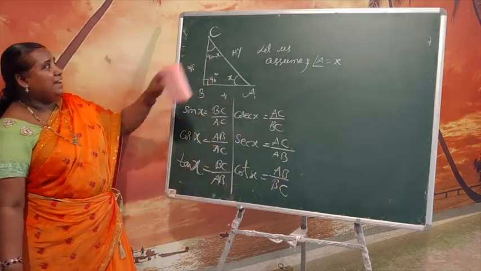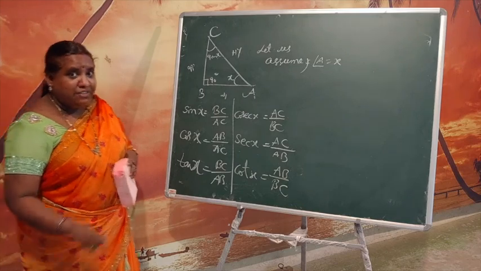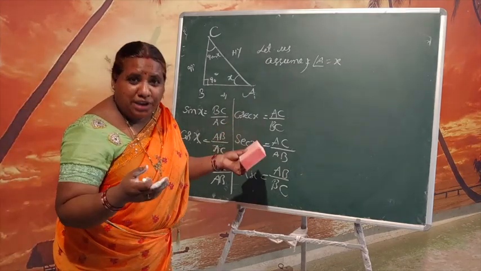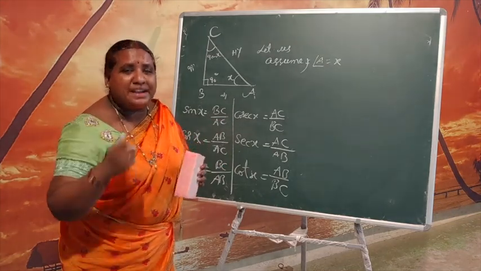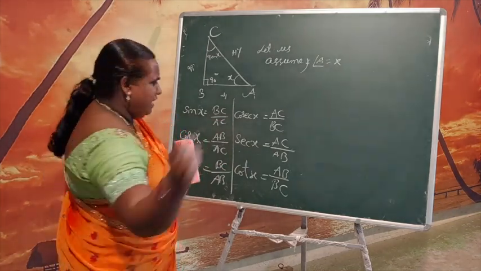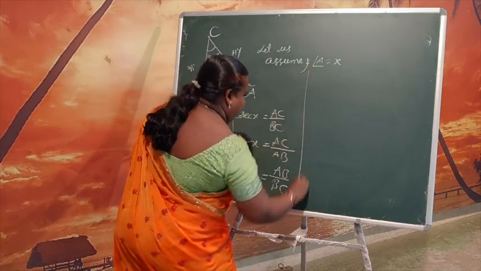Now what about 90 minus x? Shall we find out those also? Why am I doing all this, you know? We are going to draw some conclusions. What are the complementary angles of the trigonometric ratio? Very easy. Now we will go to this part.